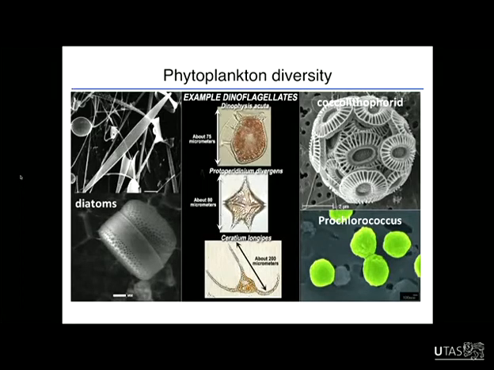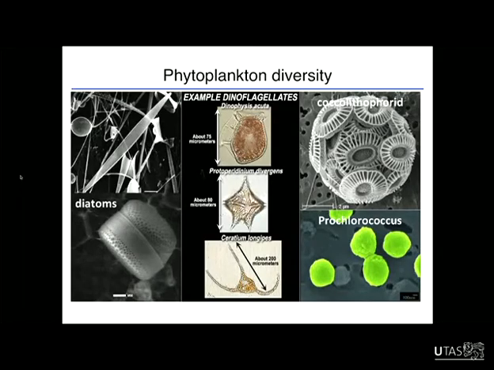Over on the top right here is an example of a coccolithophorid. So this is the poster child for calcium carbonate synthesizing phytoplankton in the ocean. So they have, like the diatoms that have silica shells around the outside of their cells, calcium carbonate around the outside of their cells. So they're efficient cyclers of carbon, because in addition to creating cell parts out of carbon, they also have calcium carbonate around the outside of their cells. And they're very common in high latitude environments, so the Southern Ocean and places like the Bering Sea.